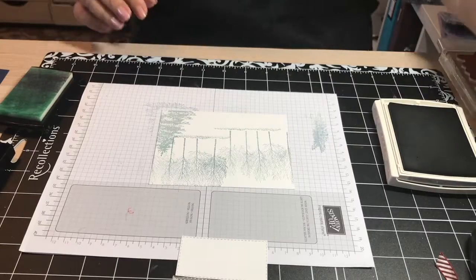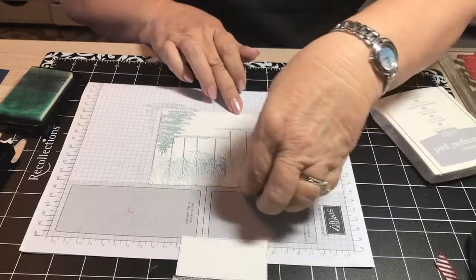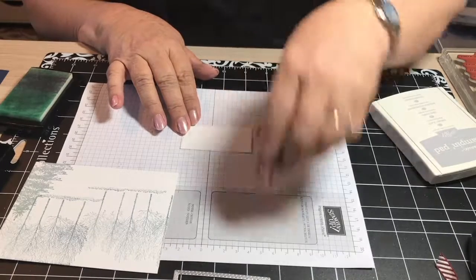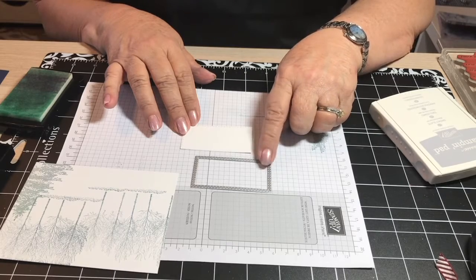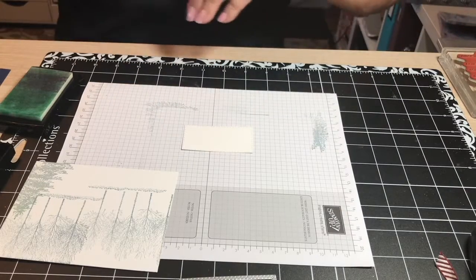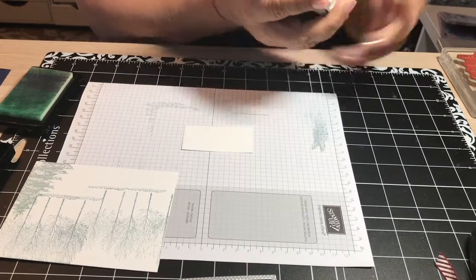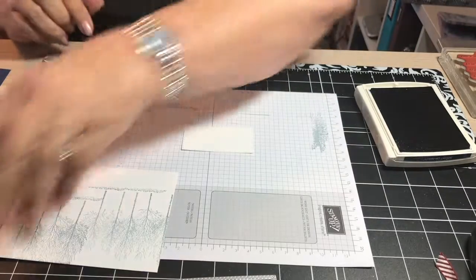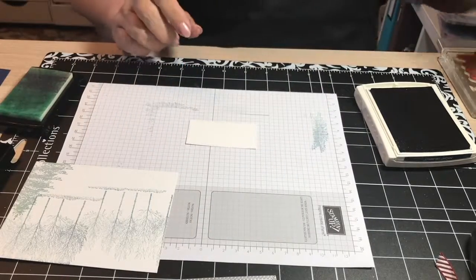Okay, I think it's enough of that. And now that I've got that done, I'm going to pull this over. The first thing you want to do is cut it out with your rectangle. And I'm sorry I forgot to mention that, but that's the first thing you want to do, because you don't want to run it through your die cutting machine after you have put your sparklies on there. So this one, we'll use our buddy, just like we're supposed to,